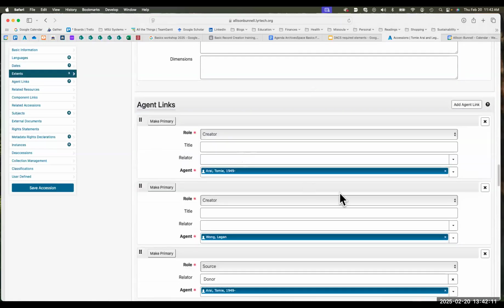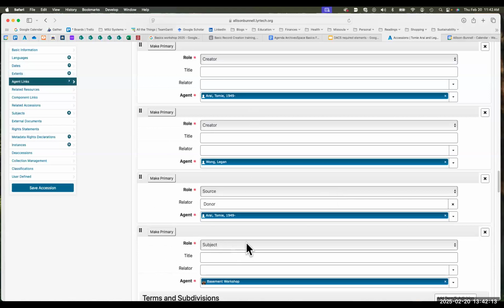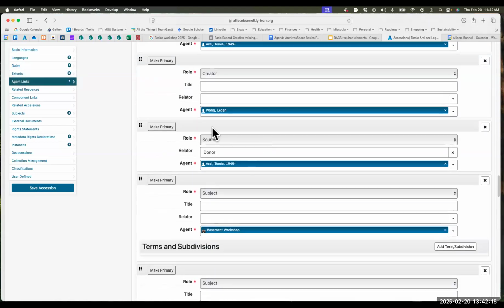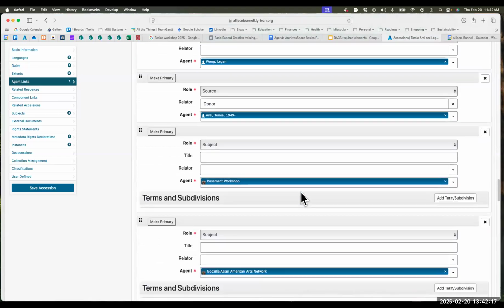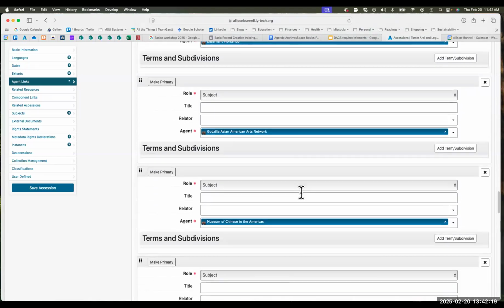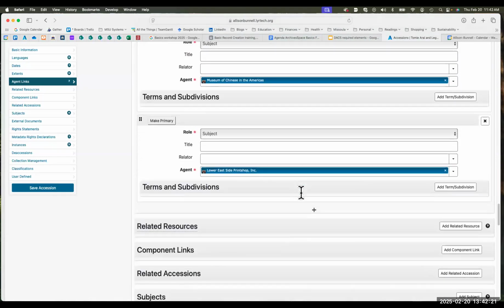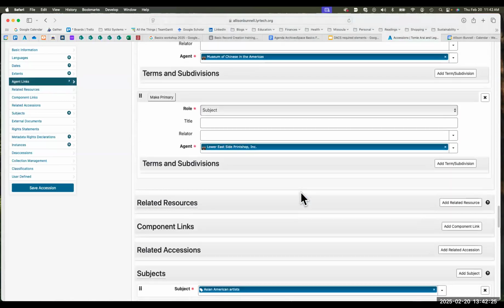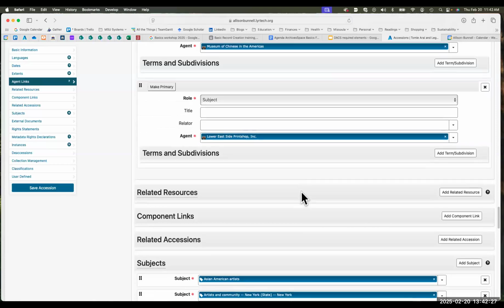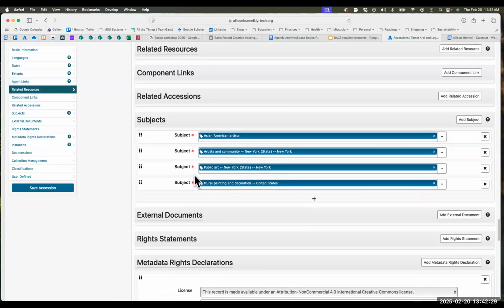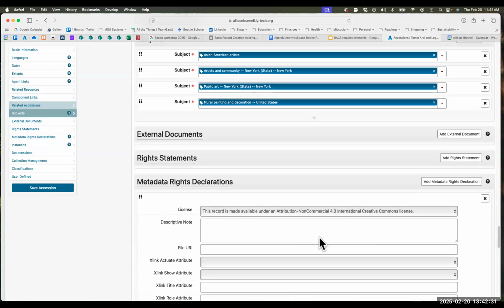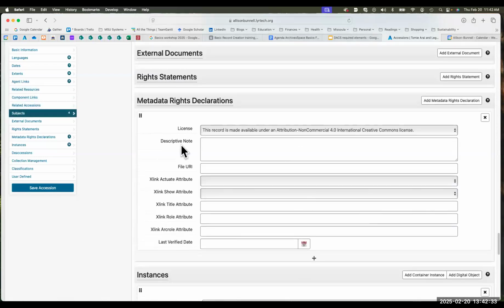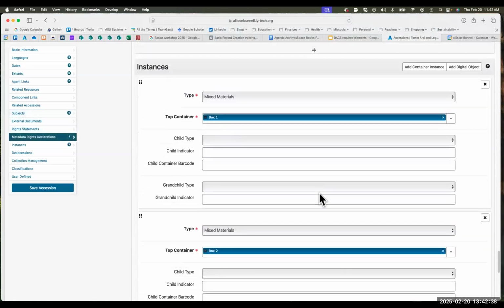It's got some attached agents, both the creator and then the donor. And then a few subject terms. These are institutions, that is, as agents. And then just topical subject terms. We've put a metadata rights declaration on this. And then